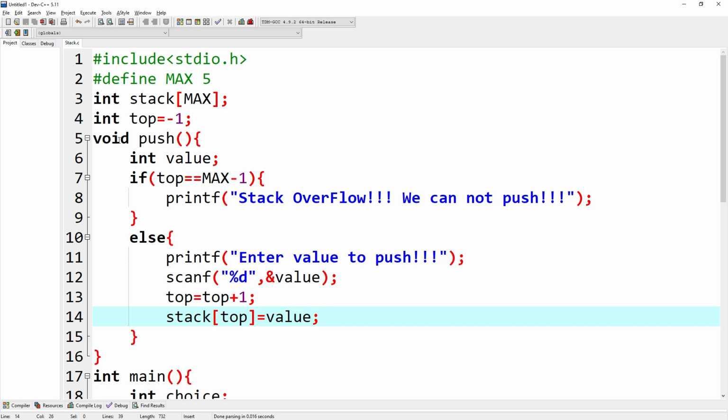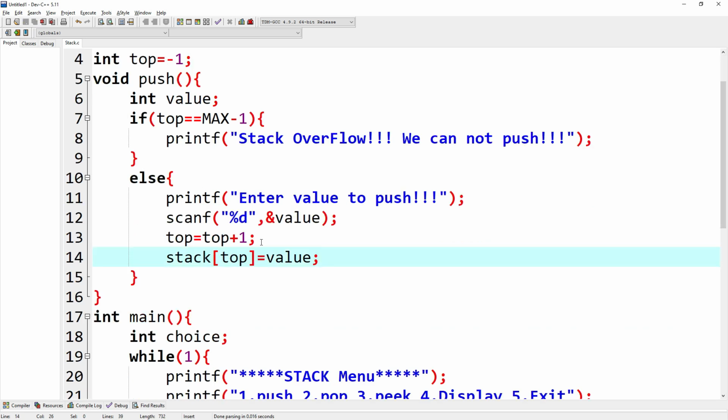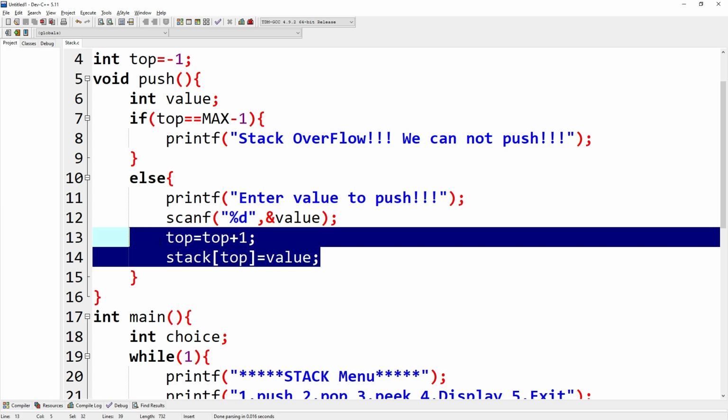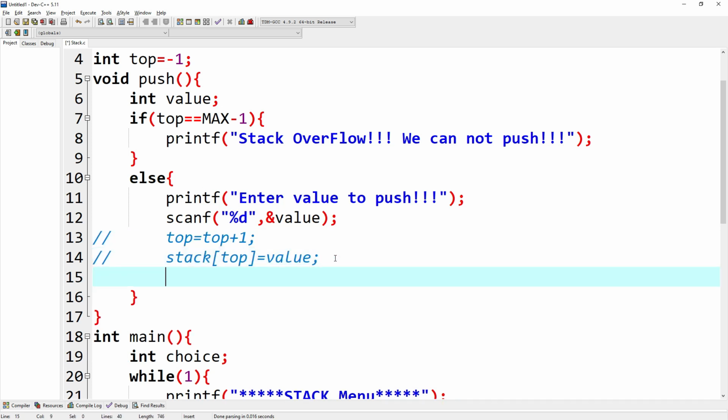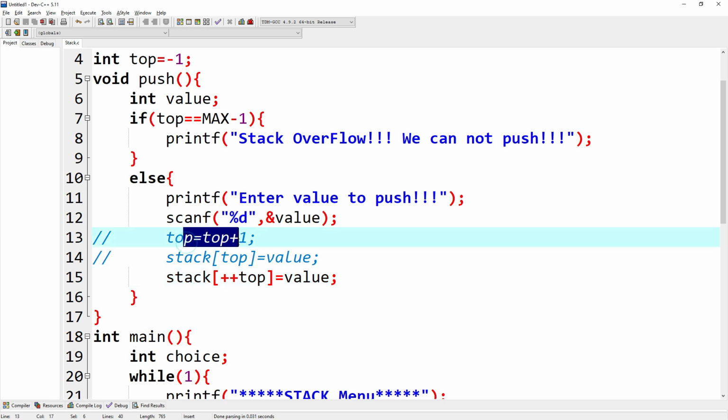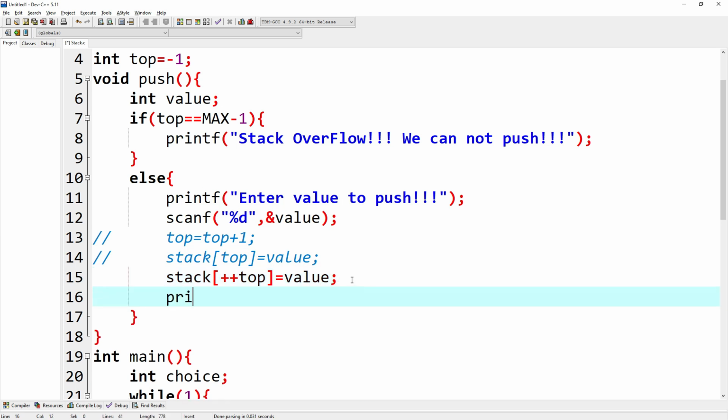See guys, these two lines can be written differently. Let me comment them out. Because you already know that logic, I can write something like this: stack[++top] = value. This also works fine. It's a combination of these two lines. First the increment happens, that's why I mentioned pre-increment, then I assign the value. Okay, fine. So finally printf, let's say %d